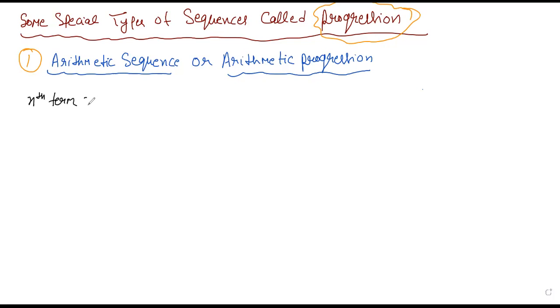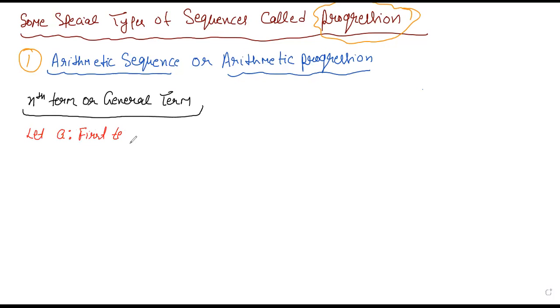और इसको हम बोलते हैं जनरल टर्म. जनरल टर्म किसका? अर्थमेटिक प्रोग्रेशन का. तो लेट अस सपोज, लेट a is the first term, and d is the common difference of the arithmetic progression. Then now student, we are going to create another term for that sequence, nth term for that sequence.